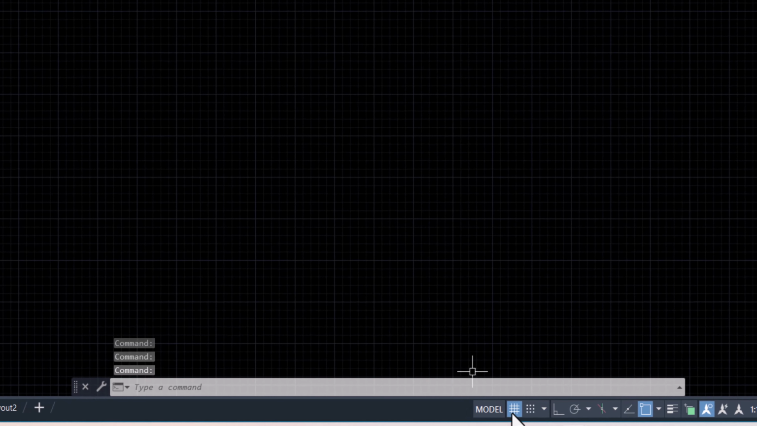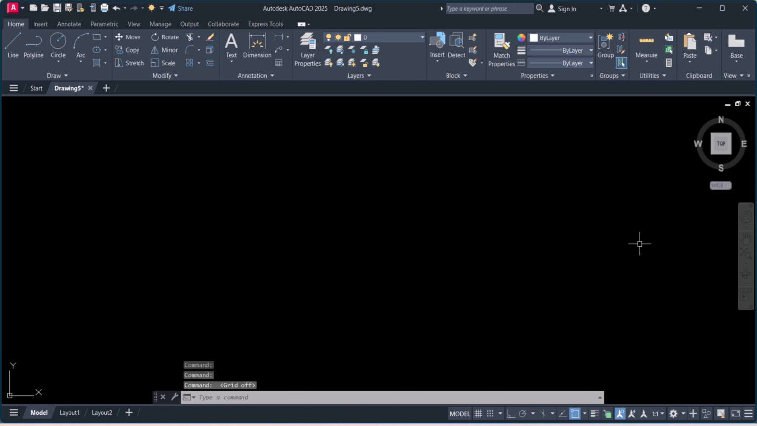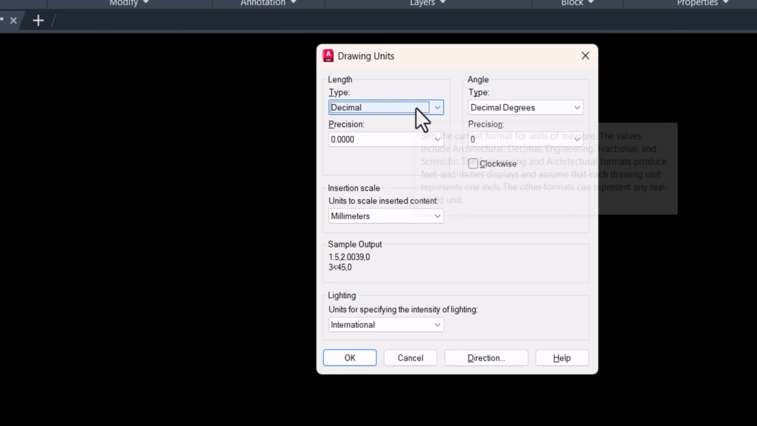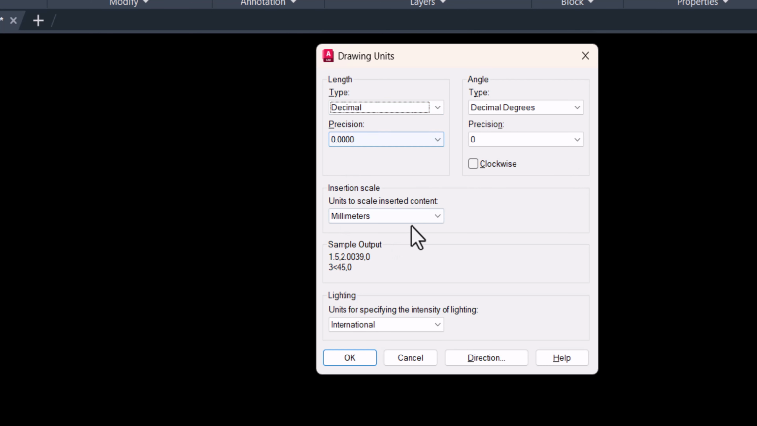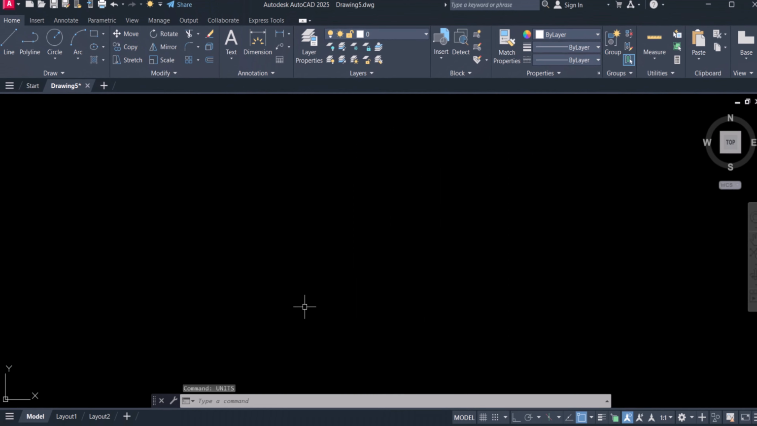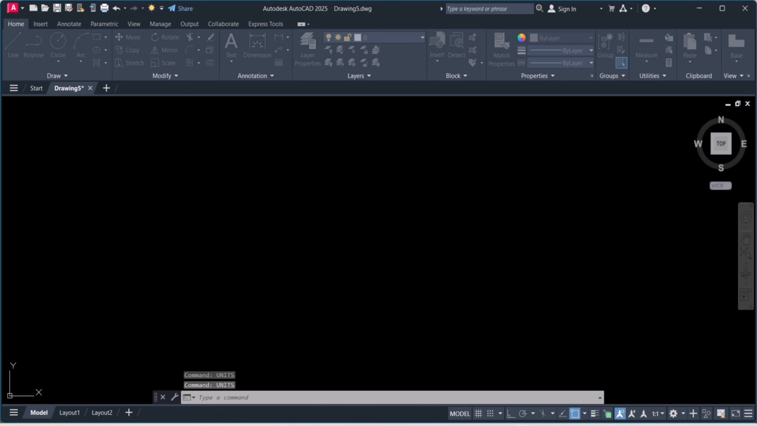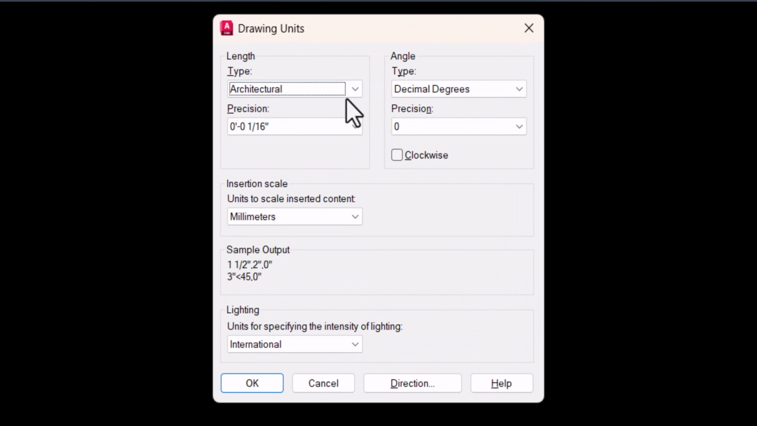First, turn off the grids. Now grids are off. After this, we have to set the units. Type here units. And here under the units, we have to select decimal because we are using mm. Select decimal, and here for insertion scale, we have to select millimeters. Click OK. For US projects, click on units, and here we have to select architectural and click on inches,